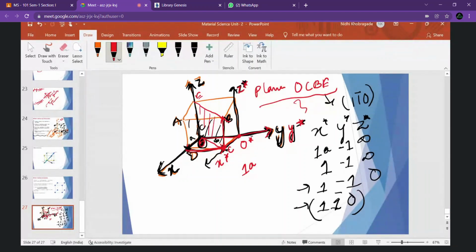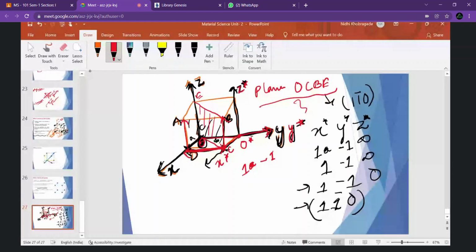Then in the y direction, it will move to this side. Okay, so this is positive, so opposite of this origin it will be the negative side. So the value for y will be -1, right? Because it is intersecting on this side, we have to move in the opposite direction. So we consider the y-axis as -1, right?